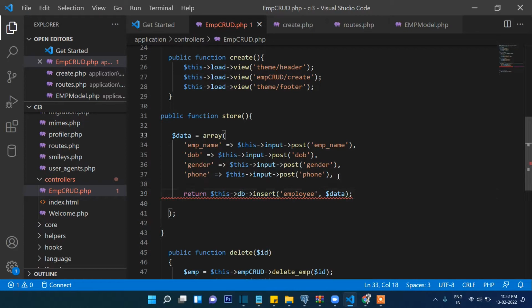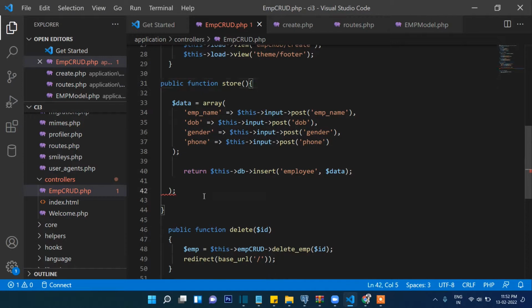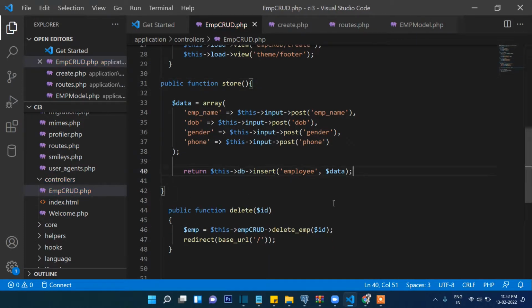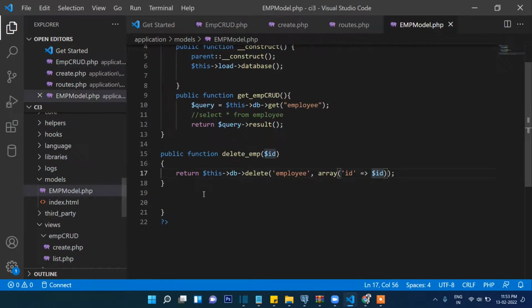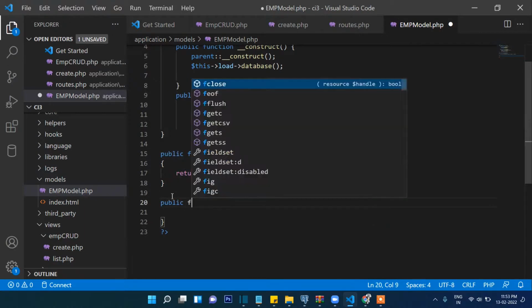So we need to close this here. Then this function will return this data. Okay, so we will pass this one here, and we need to create this function going back into this. So public function